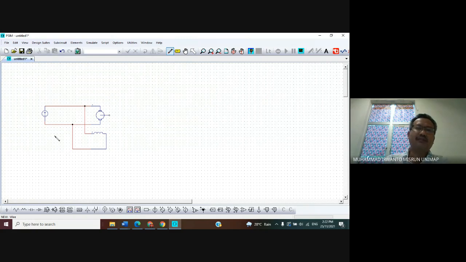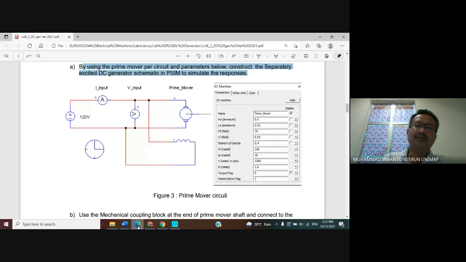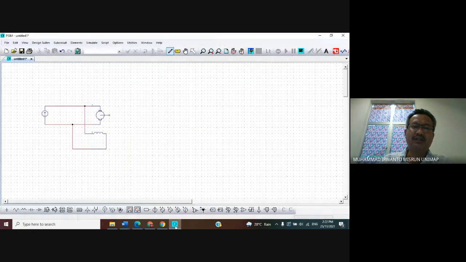Okay, and then we need voltage and current measurement here. The voltage measurement can be obtained by clicking the menu bar voltage probe below here. Click. If you look here, we can see its positive terminal on the left side, which I can call the horizontal position.